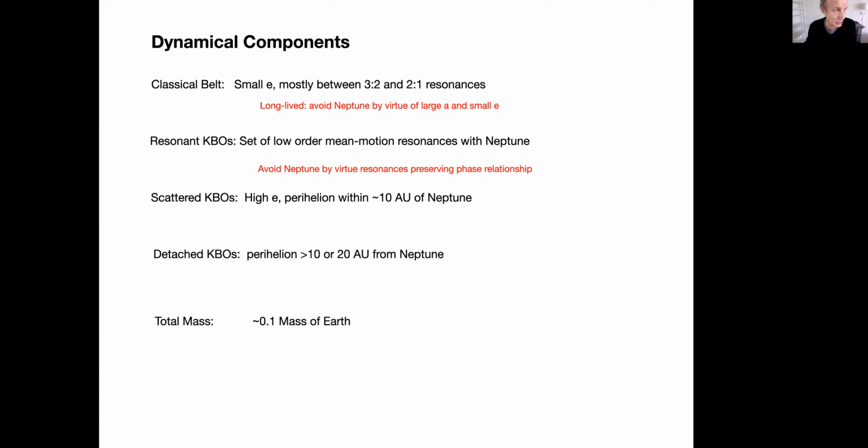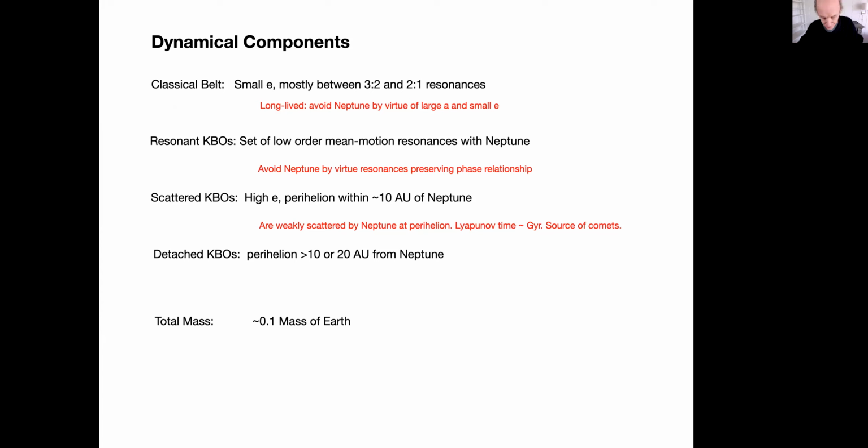So resonant objects, super important for evolution of solar systems. Scattered objects, super important for supplying the short period comets. These are high eccentricity bodies with the perihelion within reach of Neptune. They're scattered periodically by Neptune. Their evolution is chaotic. They have a lifetime of a billion years. So the population has decreased by a factor of several since they were formed. This is the source region for the short period comets,